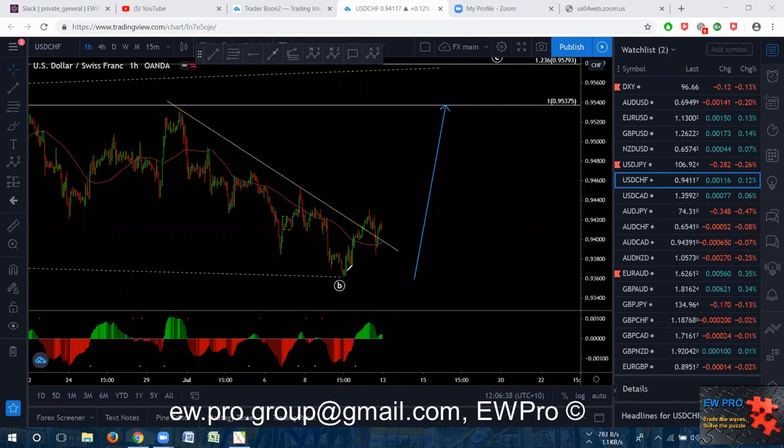But if we get something, we got a nice impulse out. Now we do have bear hidden divergence here as well, so you're going to have to be careful. That's why it can be that flat, because we do have that bear hidden. So you have to be mindful of that. But if I'm only looking for buys, so if I get the buy setup,